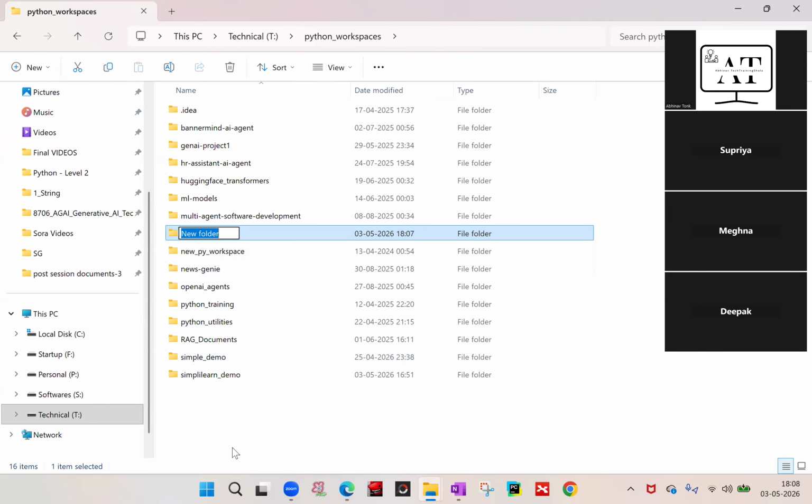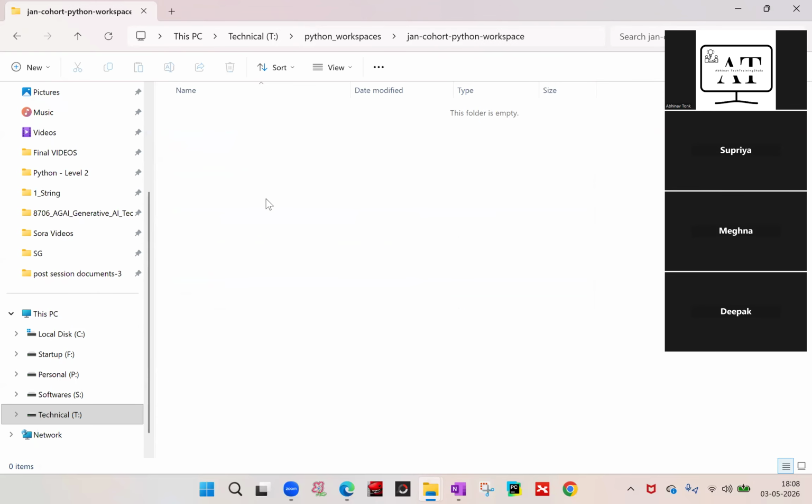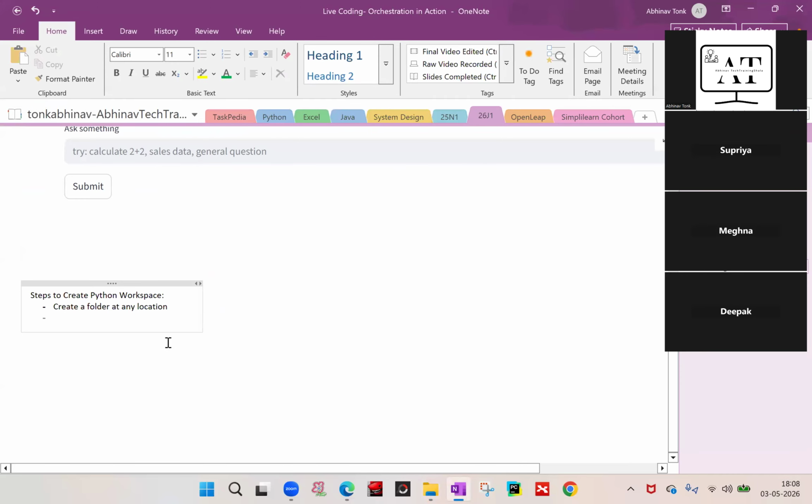Let's name it Jan cohort and Python workspace, something like this. And instead of that, let's use the kebab casing: jan-cohort-python-workspace. Okay, now I'll open this folder that I have created, and before that, you have to either install,